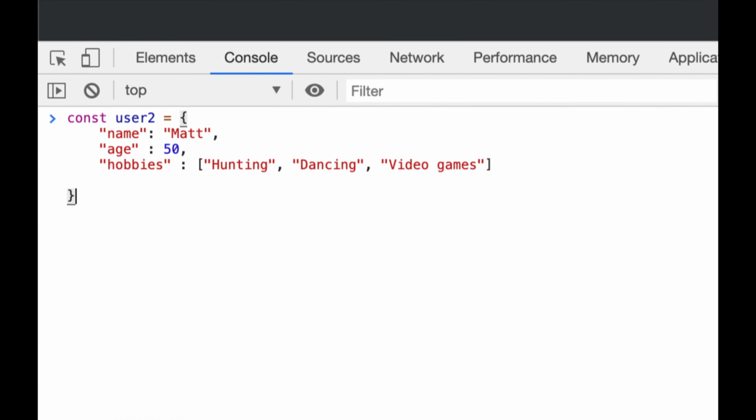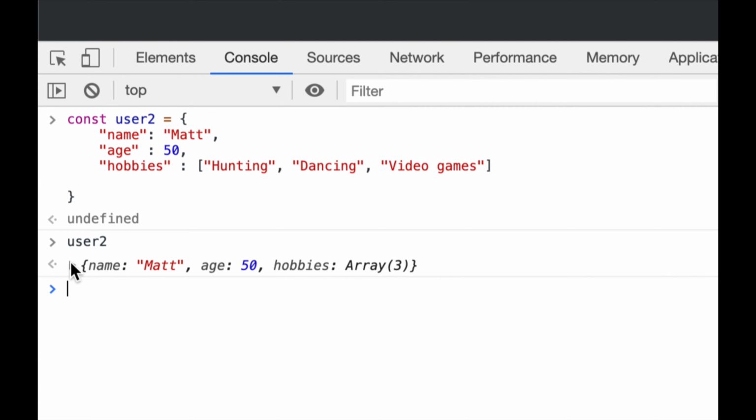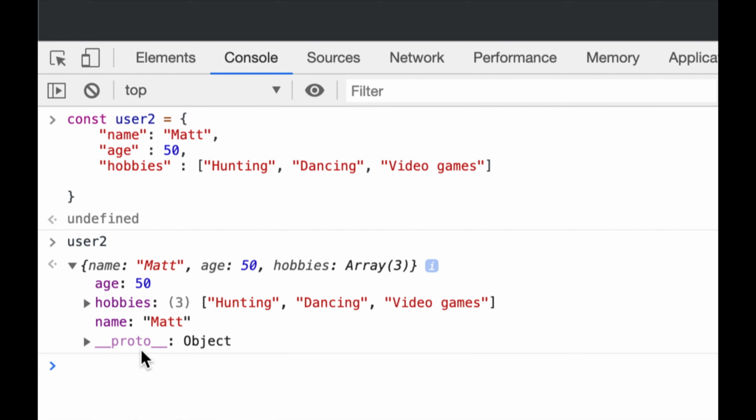All that powerful stuff. You can do user2, and guess what? You can have a value, an array of hobbies, which is an array. You can have another object, if you will, right? That's totally normal. You can think of an object that it can encompass everything. An object could have arrays, an object has another object. An array cannot have an object, obviously, but you can do an array of objects, which is what we're gonna